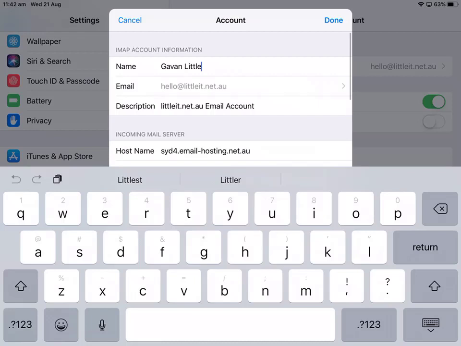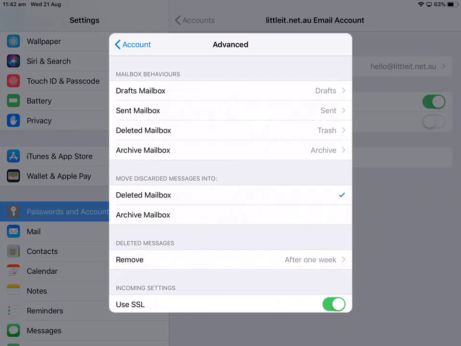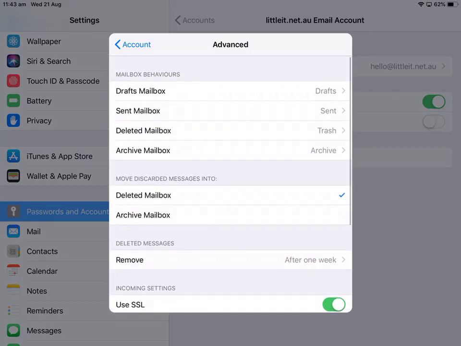this is where you can make any changes that you need to. You can also come into Advanced and make some changes based on your needs in terms of what each of these particular functions do and what folders they're actually linked to. So I'm not going to change anything here because it's exactly how I want it, and I suspect that most people would be the same. You can allocate how long before it will delete messages from your device. And in this case, it's just defaulted to after 1 week, so I'm going to leave it as that. So I'm done. So if I click done,